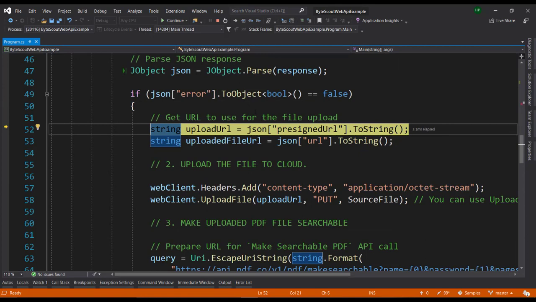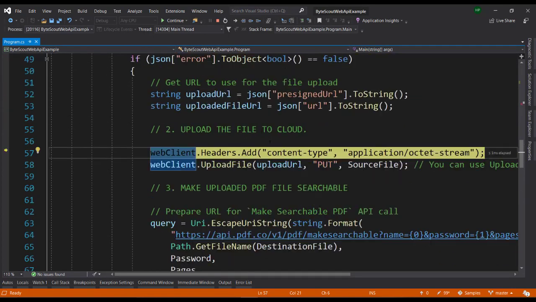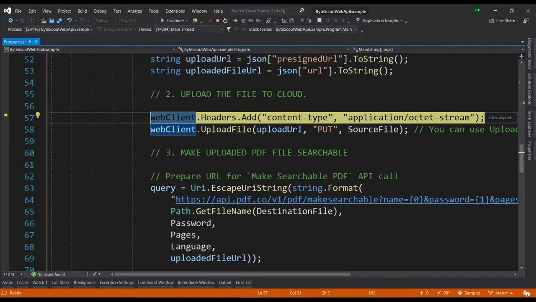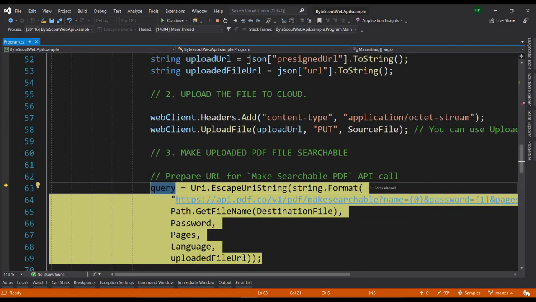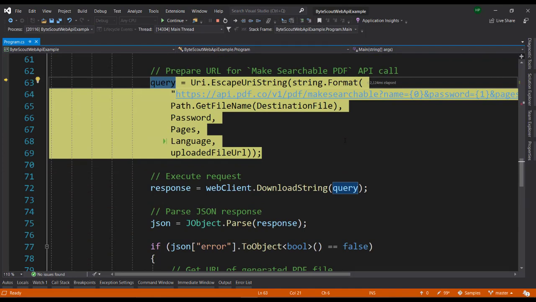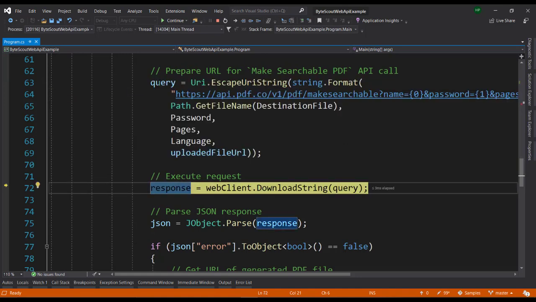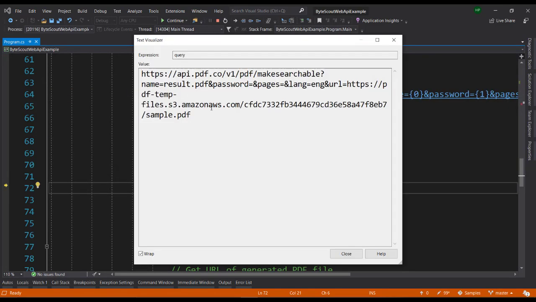It was successful. Then we got the URL, we got the uploaded file URL, and we are basically putting the file here. So you see it's the source file which we are going to actually upload. And once the upload is completed, we are going to make the URL for the make searchable PDF API call, and here it is.